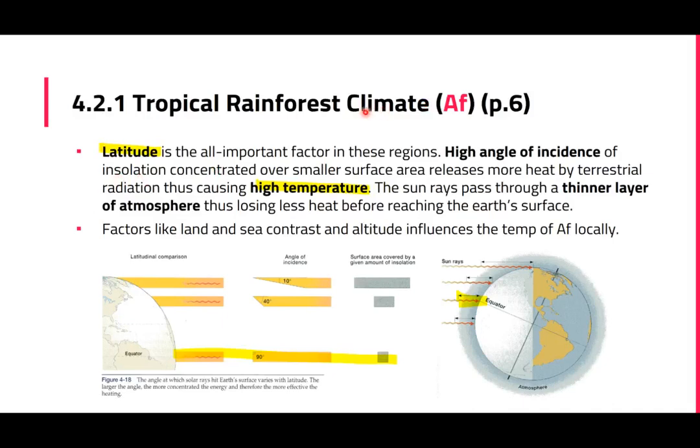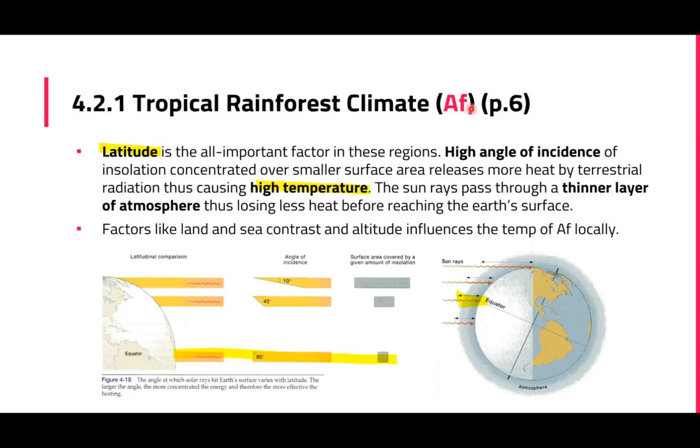So if they are very close to the equator, in terms of latitude, it will be a low latitude area. And in a low latitude area, we know the angle of incidence is high, so insolation is concentrated, leading to higher temperature. Another reason is that when it's close to the equator, insolation passes through a thinner layer of atmosphere before it reaches the surface, so less heat is lost before it reaches the Earth's surface, once again leading to higher temperature. Okay, so latitude is the main reason why AF climates located at low latitude areas experience